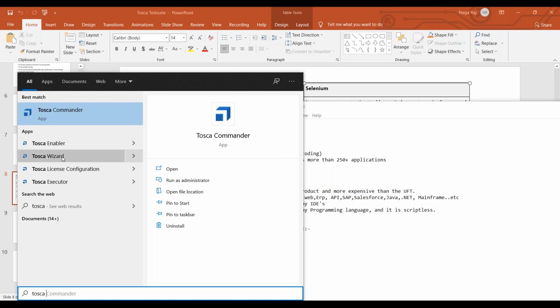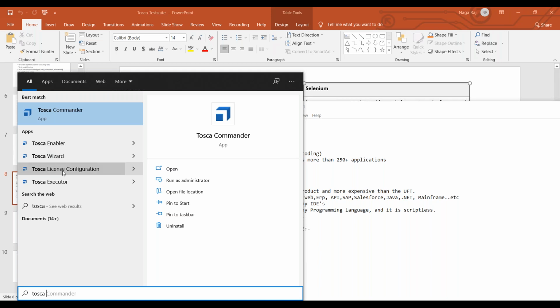And coming to the Tosca Wizard, Tosca all depends upon modules. Modules are created when we scan the application, so we can steer the application by using the scanning method. Whenever we start the scanning, the Tosca Wizard will help us create the modules. I mean, it will help us to scan the application. To steer the application, we should have the Tosca Wizard. We can also call this Tosca Wizard the Tosca XScan.